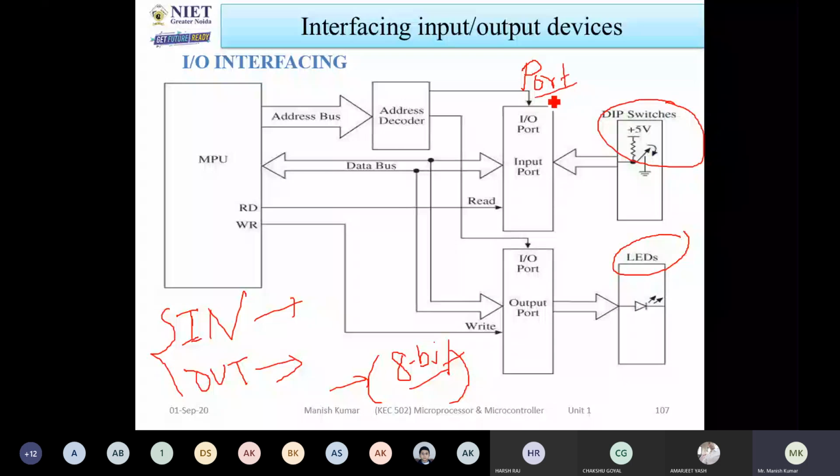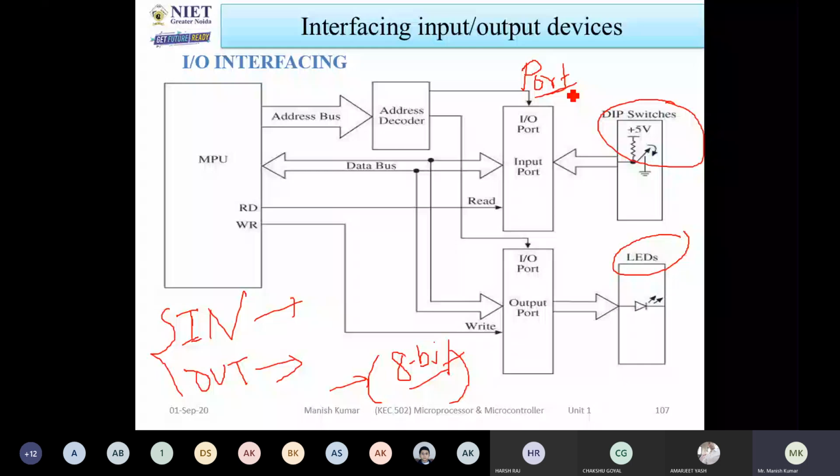Okay, port address. When I am discussing the port address, it means that you have to define an 8-bit port address, not 16-bit. This is the difference between the address bus and the port address. When I am talking about the address, it means you are always talking about 16-bit. When I am talking about the port address, it defines 8-bit. So remember these things.